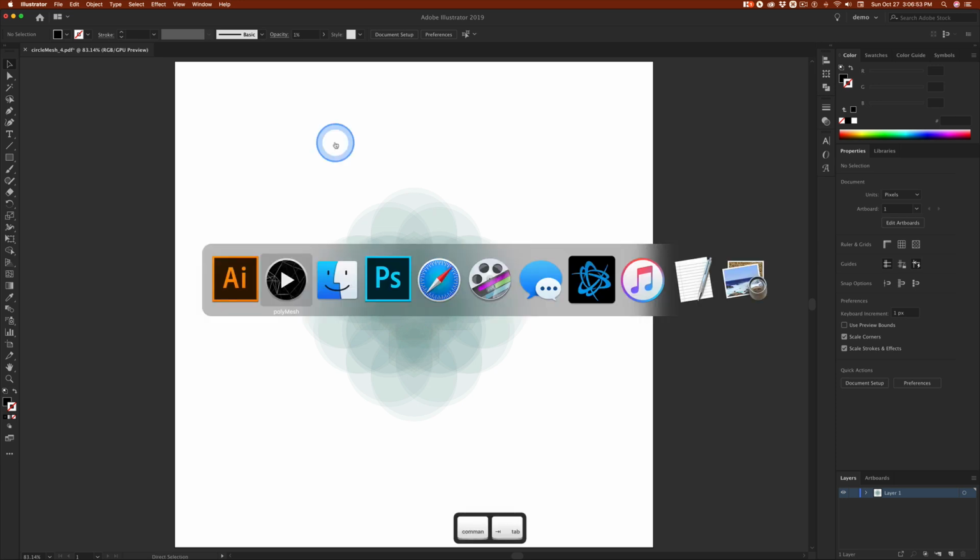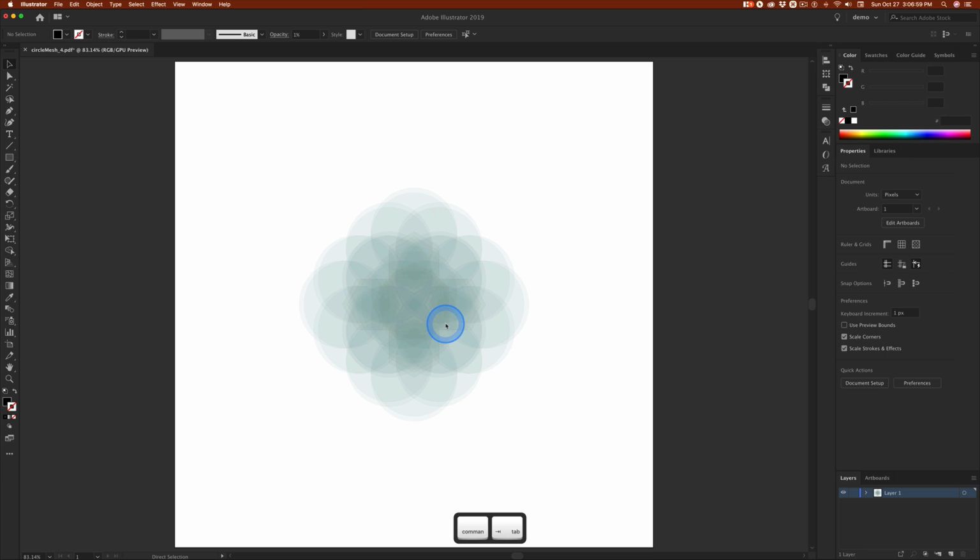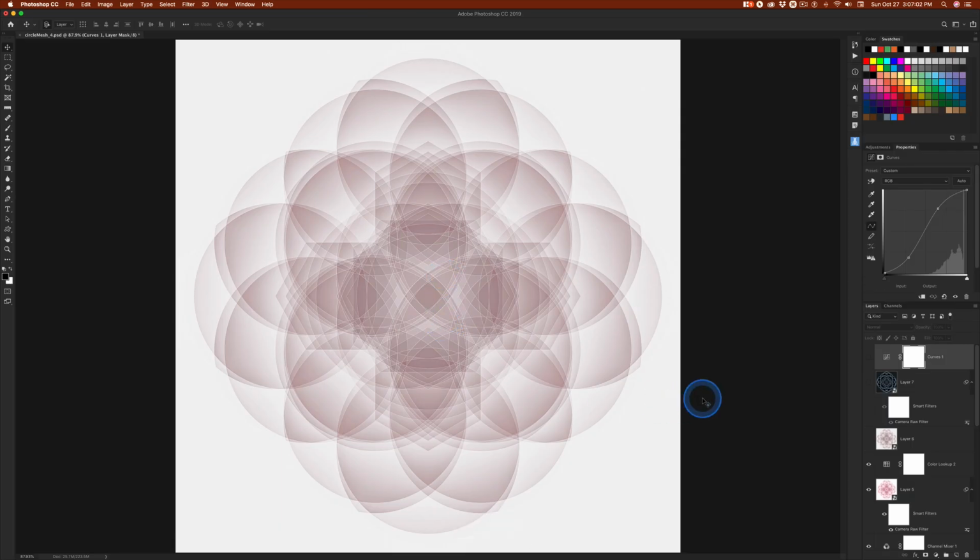I'm going to switch over to Photoshop, and this is what I did with it. Now, you might say, hey, this is green. How come that's not green? Look, you can control colors. You can control so many things in both Illustrator and Photoshop, and I want to show you some tricks that are involved in this,